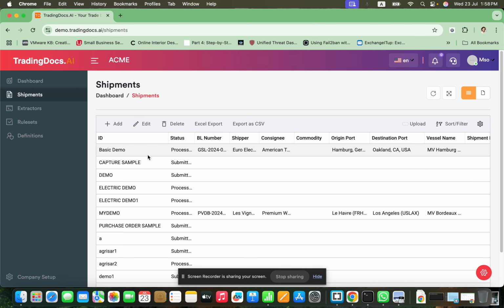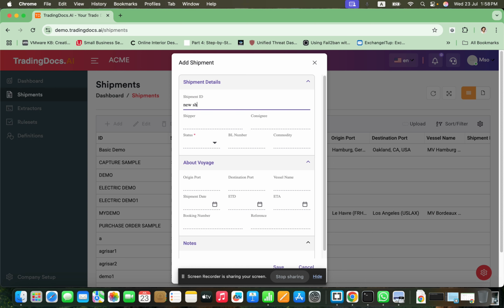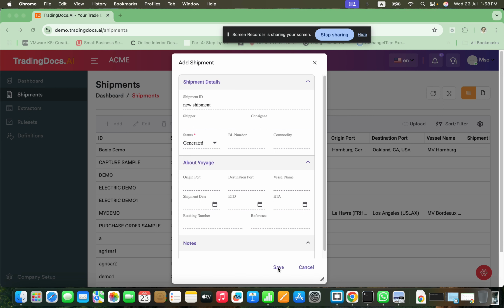Then we go to a shipment, and we create a new shipment, and we pick the status, and we simply click save. This will create a shipment,